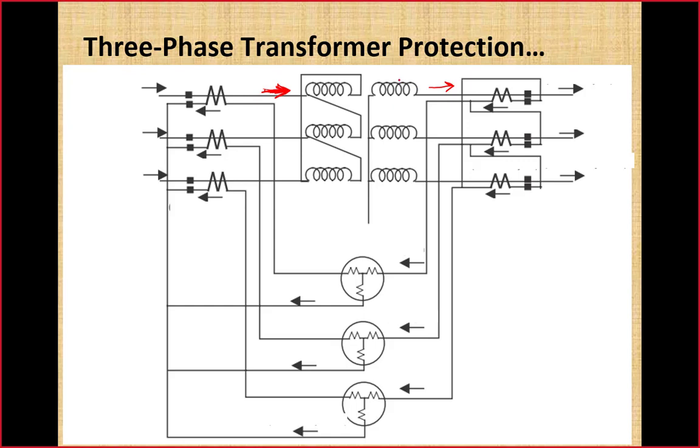Look here. On the Y side of power transformer, CT secondaries have been connected in delta, and on delta side of power transformer, CT secondaries have been connected in Y. Again the thumb rule, the CTs on both sides must have their dotted end either towards the winding or away from the winding. In our case here the dot connection of CTs are away from the winding. And then how to do the connection from two sides?